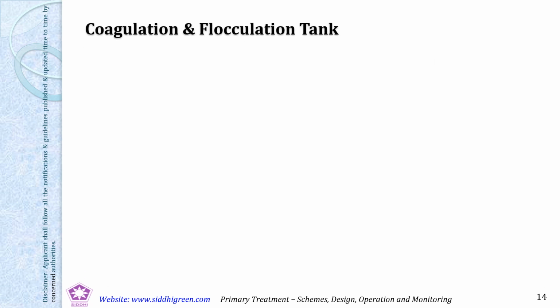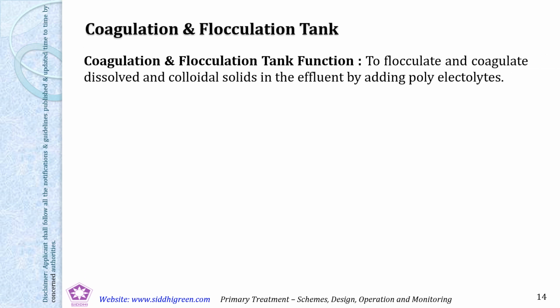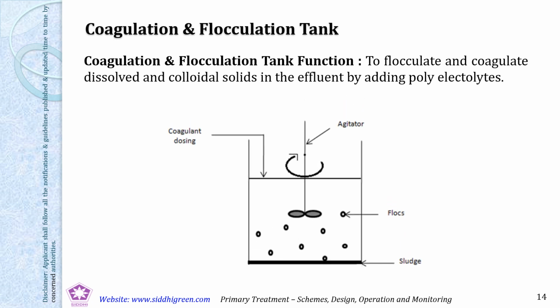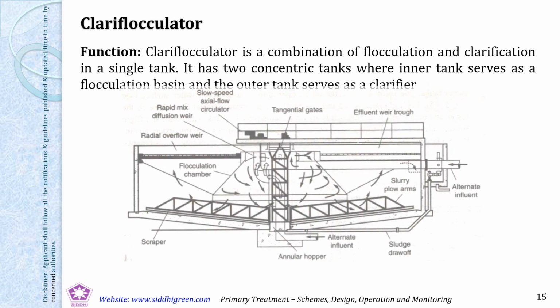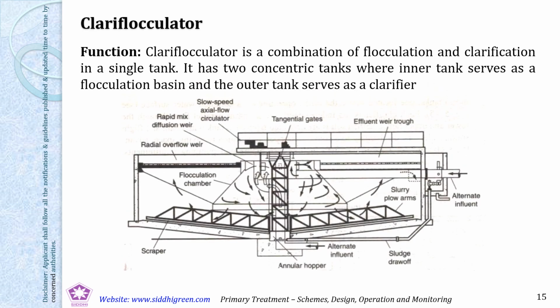Coagulation and flocculation. Effluent is taken in the tank and flocculant is added at a controlled rate with slow agitation. In the flocculator, the water enters the flocculator where the flocculating paddles enhance flocculation of the feed solids. As heavy particles settle to the bottom, the liquid flows radially upward in the clarifier zone.